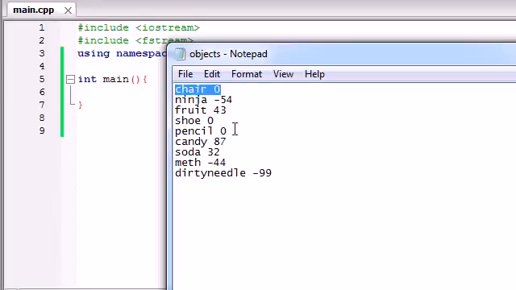Some objects have no effect on him whatsoever. Zero effect on his health or his happiness, whatever you want to call it. Some objects like ninjas, meth, and dirty needles harm our character, so they're going to have negative 54 energy, or we'll just say it's like energy or something. Now some objects like a fruit, a soda, and candy help our character out, so they're going to give him positive energy. So as you can see, we have a file with a name and the effect that it has